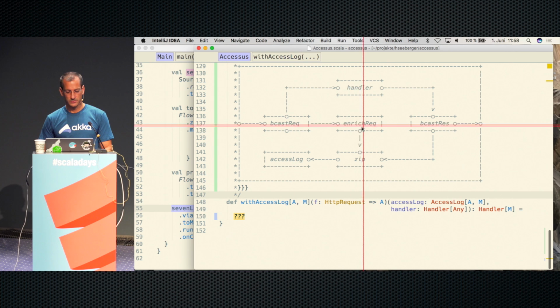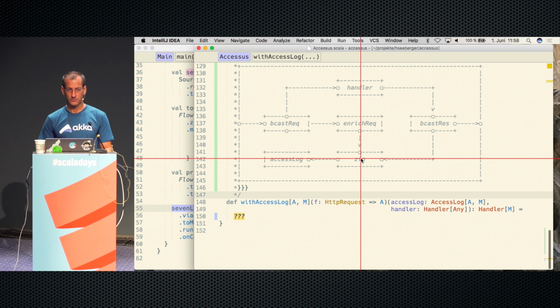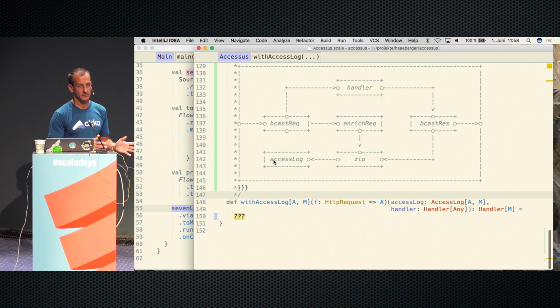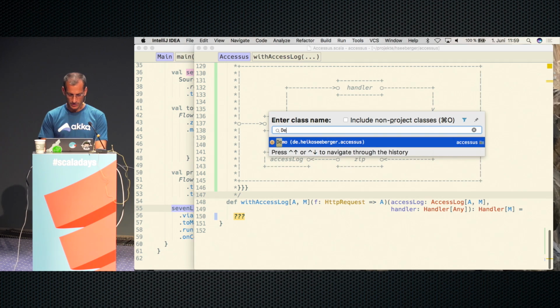The request goes to another flow which enriches it, so we could add a timestamp or something here, and feeds it to the zip stage too. And then here we have our access log. That's a sink for enriched requests and responses. So in the simplest case, you would just write stuff to a log. Like in this demo here,